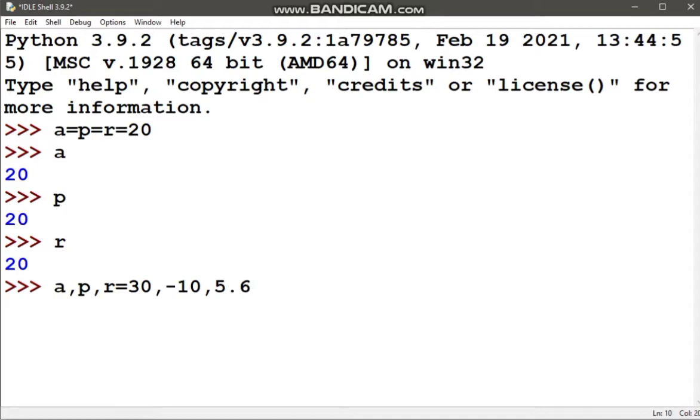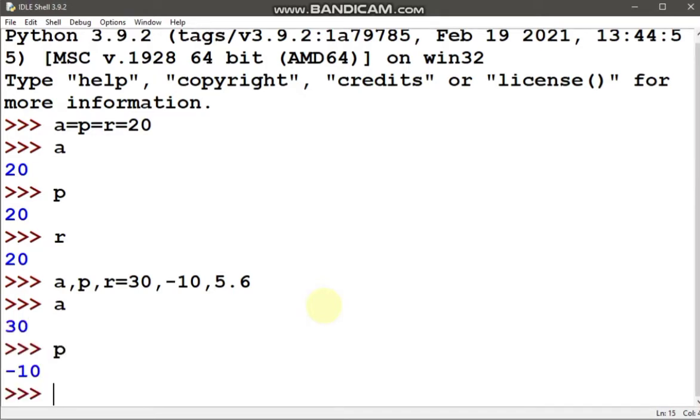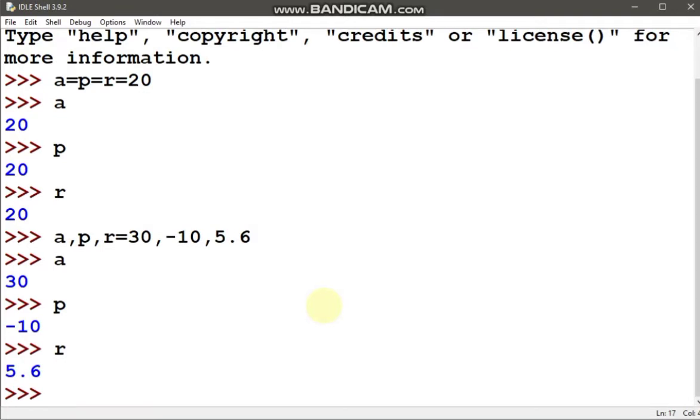So what will be the value of a? The variable which is at the left hand side first will get the value at the right hand side which is given first after the equal to operator. So the value of a will be 30 and p will be minus 10 and r will be 5.6. So now if we print a, p and r, we'll get values like this.